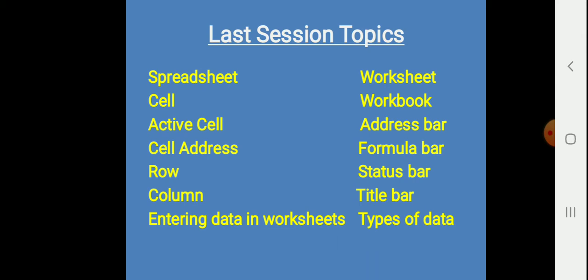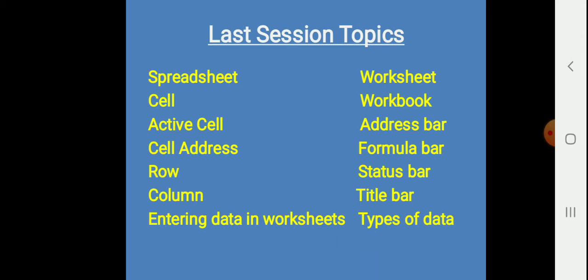You will see a highlighted rectangular box around the cell. That is the active cell, which means whatever data you enter in MS Excel, that will be entered in that place. So the highlighted rectangular box is called the active cell. That is a cell. What does active cell mean? It is a cell which is currently selected. Whatever you type or do is done on the active cell only, because that cell is the active cell.